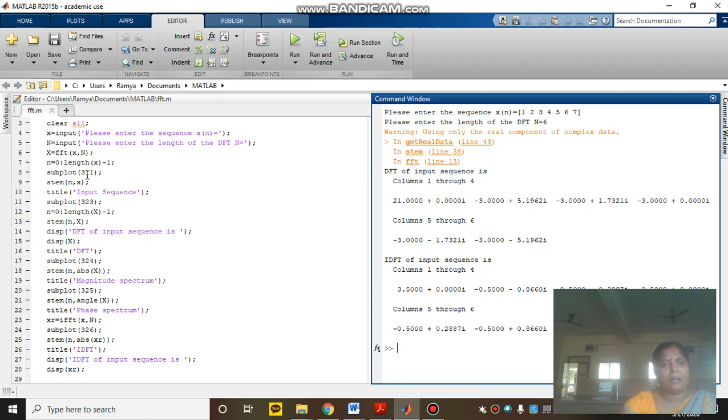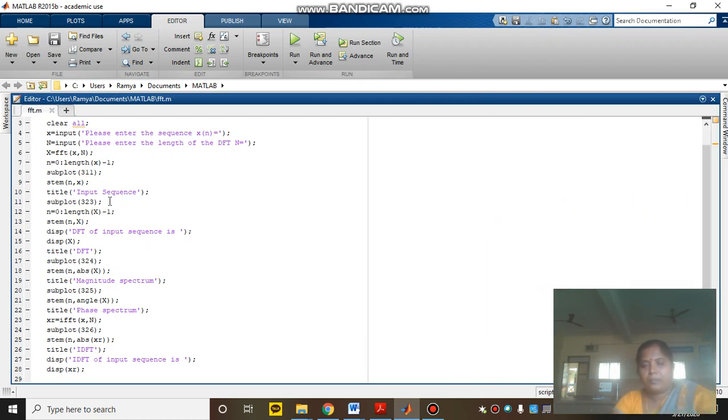Subplot 3, 2, 1. So you should give 3, 2, 1. Usually you should give this, otherwise it will show some error.